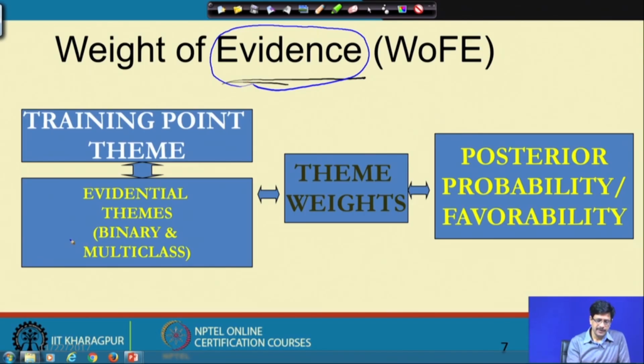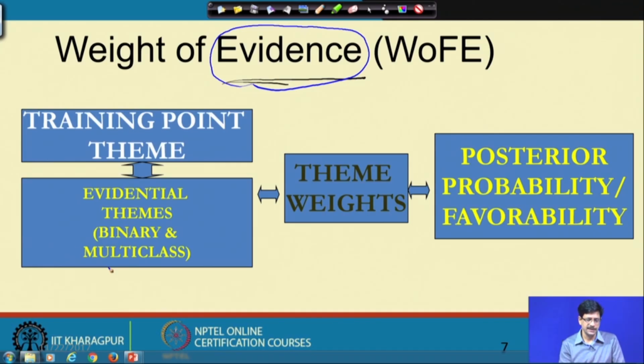Whatever we prepare in terms of information will be called the evidential theme, and the evidential theme also could be presented in terms of present or absent, that means the value could be 0 or 1. Even if we do not get into that now, they are evidence. So, for example, a structural map could be one theme of information